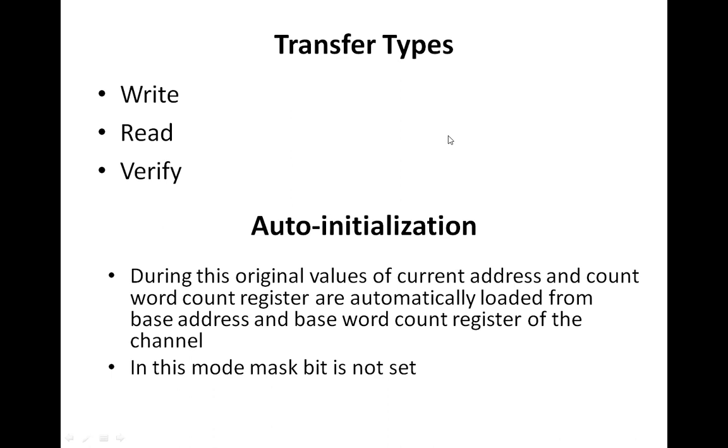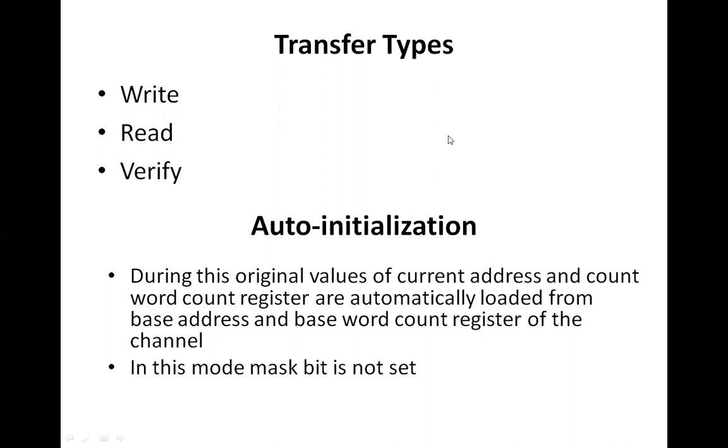It is the value of the current address register and the current word count register which are going to be changed. For example, the current address register contains the address which is currently handled by the DMA operation, and the current word count register contains the number of counts which are to be copied. So it is going to change because once one address is accessed, the next address has to be accessed. So the CAR value is going to change. And similarly, when one byte is already transferred, the word count is going to be decremented.